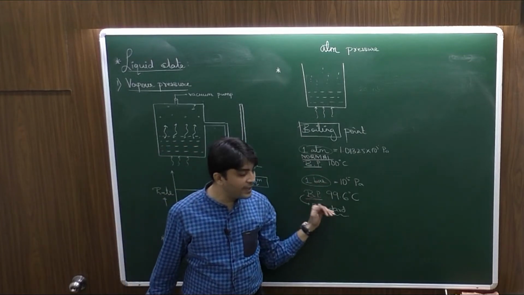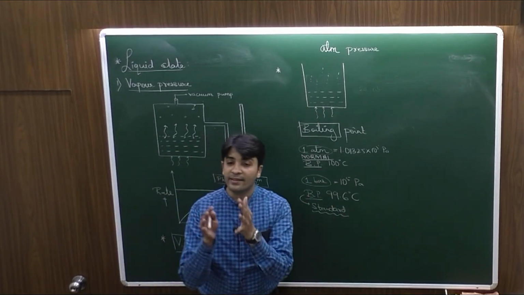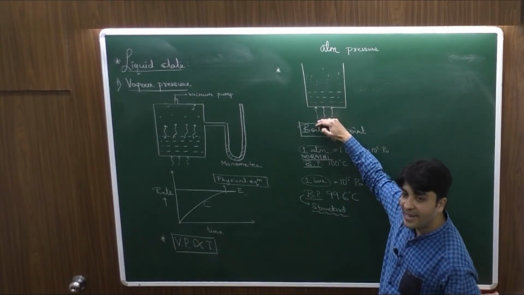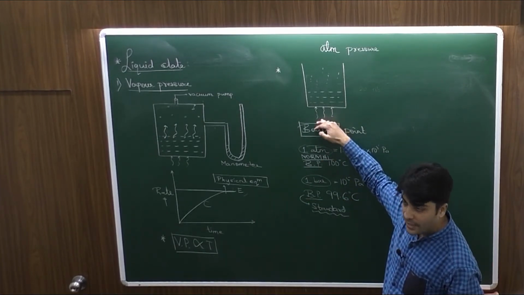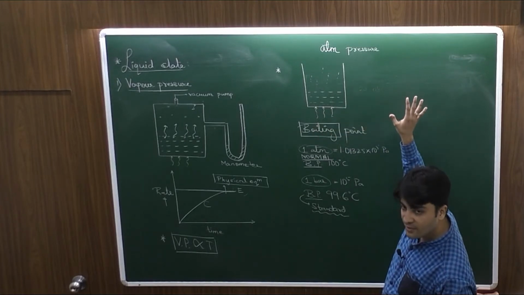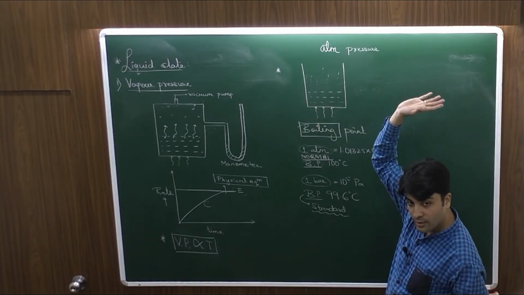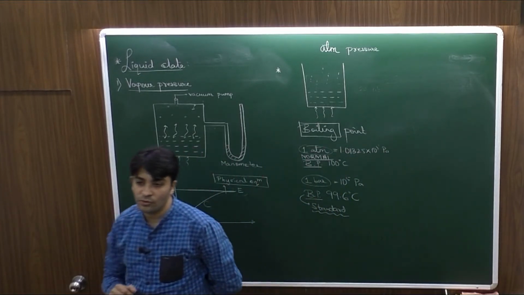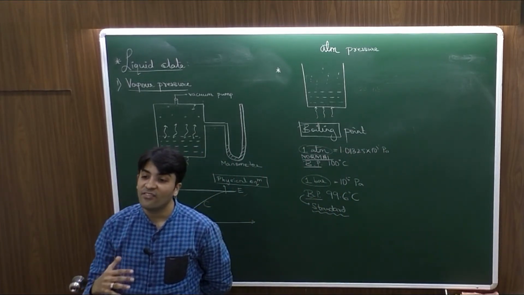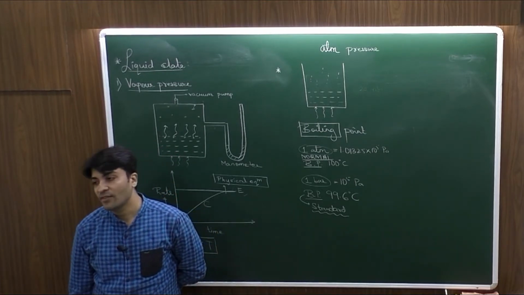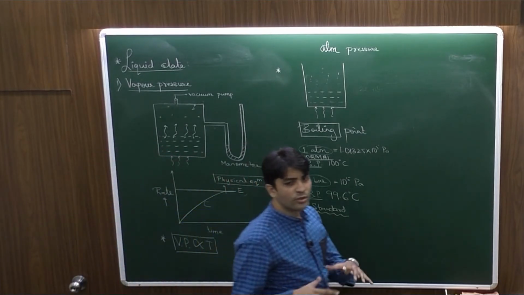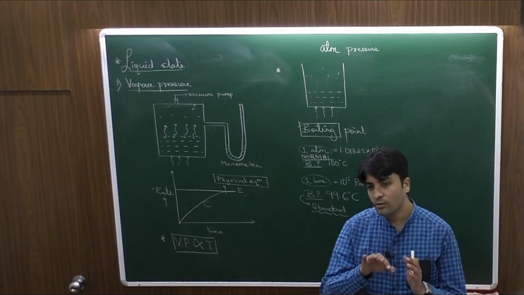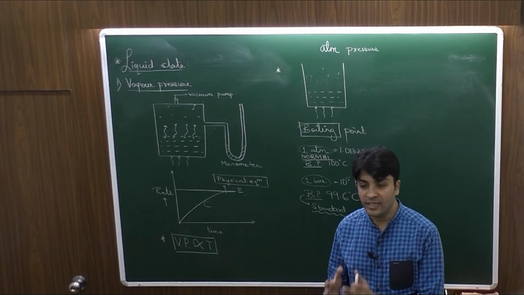Hence the liquid will boil at a lower temperature, and this is what happens at higher altitudes. So if you are heating the vessel at sea level in Mumbai, and if you are heating that same liquid in the vessel at a higher altitude, Lonavala, Khandala, the boiling point of the water at higher altitudes would be lesser. It will boil faster. Hence it's very difficult to cook food at higher altitudes in an open vessel. So to deal with this problem,